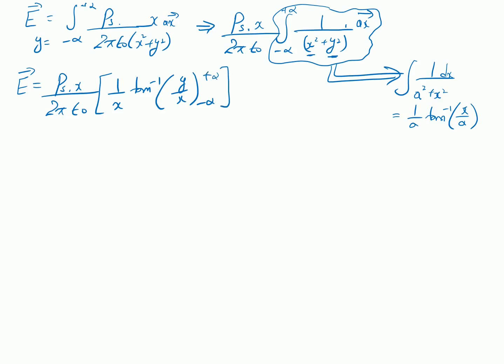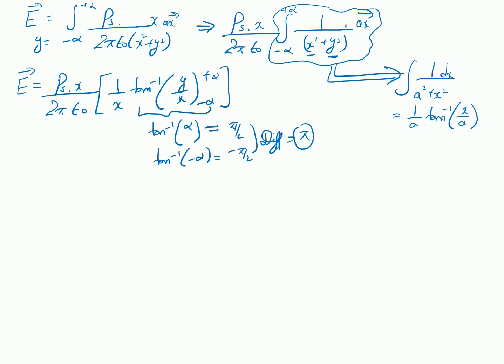So if I solve this tangent integral, tangent inverse infinity comes out to be pi by 2, and tangent inverse minus infinity comes out to be negative pi by 2. Once you take the difference of these two, it will be pi. So this pi is going to cancel this pi, and this x is going to cancel this x. So my final electric field comes out to be